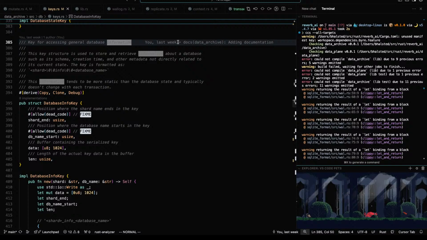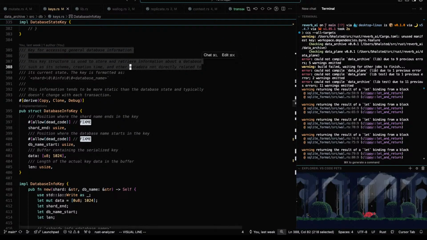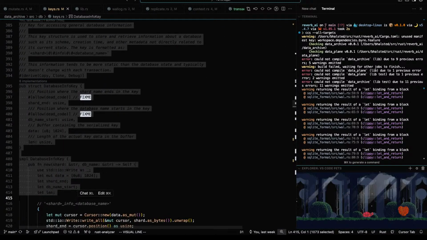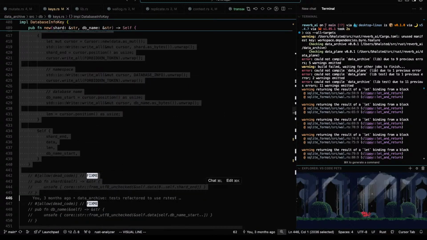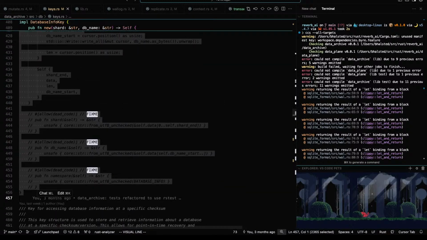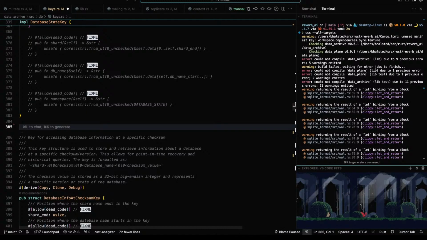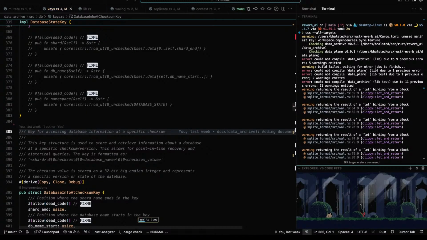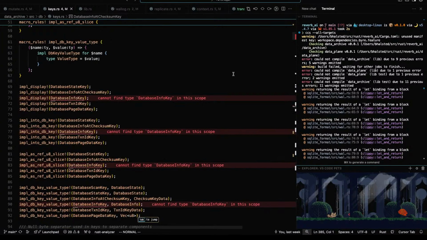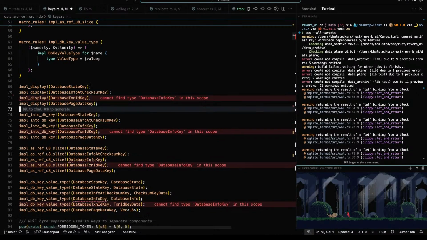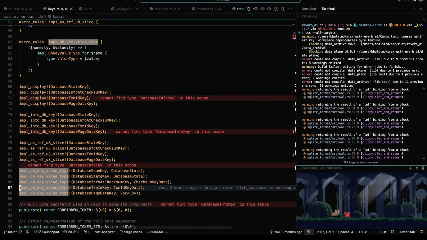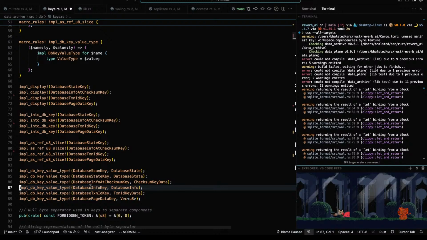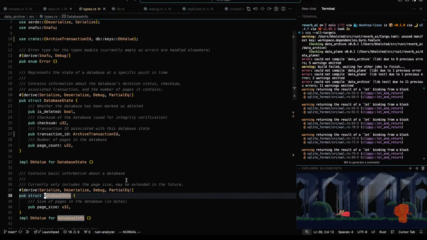Okay. Now we will delete harder, or delete. There we go. Okay. And we have to get rid of database info key. Database info.